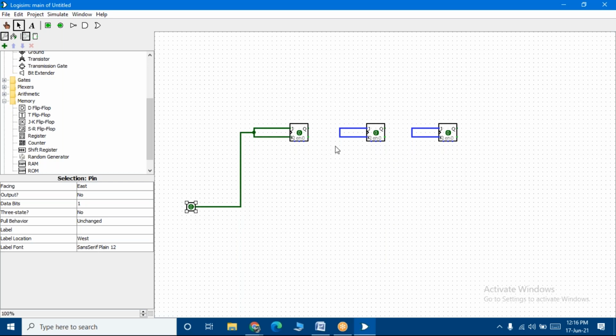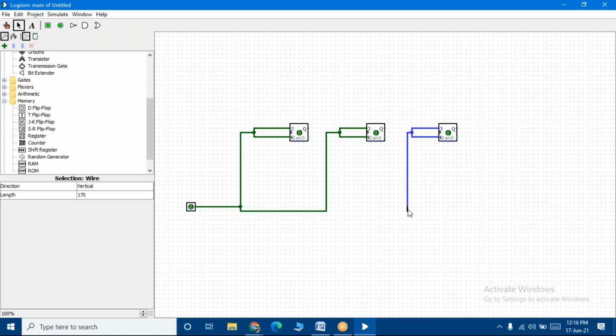Let me connect this to my high input, which I'm going to make high. So what I've done, students, is short J and K of all the flip-flops and connect them to my input, which I'm going to make high.